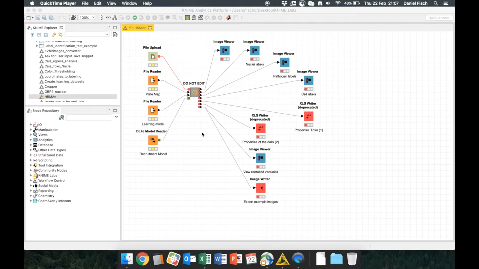Now let's do a recruitment analysis. As I told you earlier, our cells were stained with ubiquitin, so we can use these images to analyze how many of the Toxoplasma vacuoles get ubiquitinated. I haven't changed any of these nodes, so they still contain all the information as provided before. So we can just restart the analysis